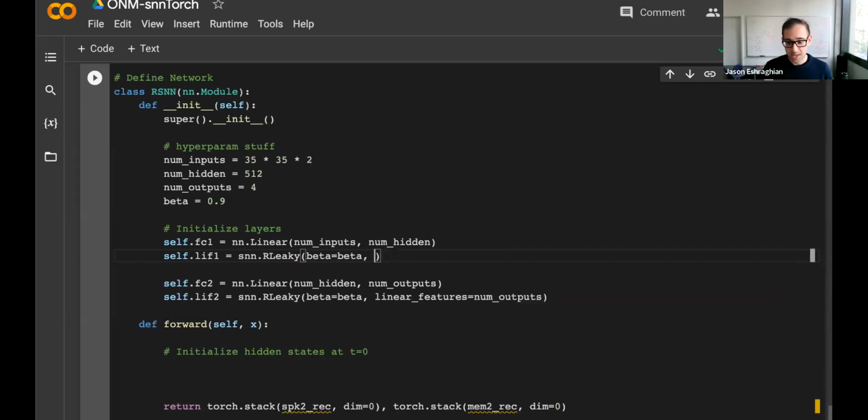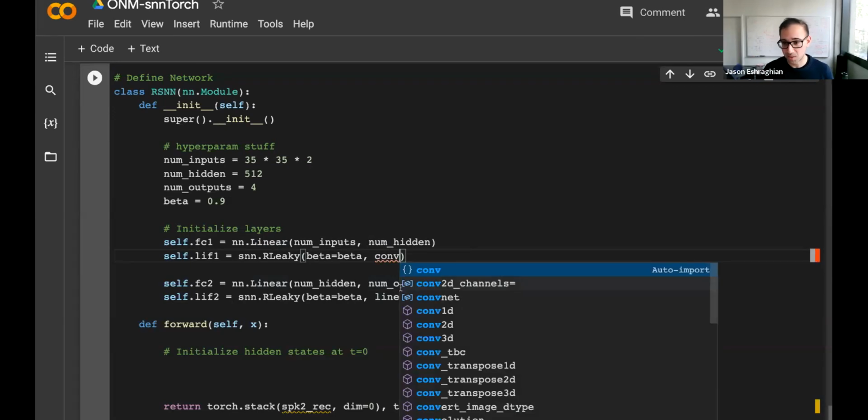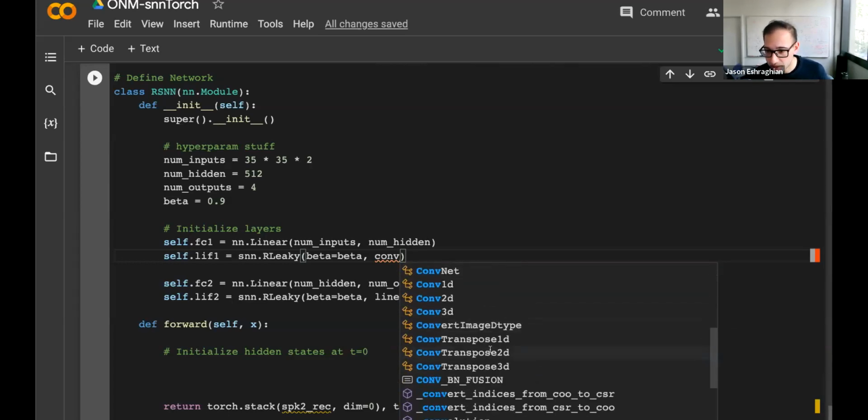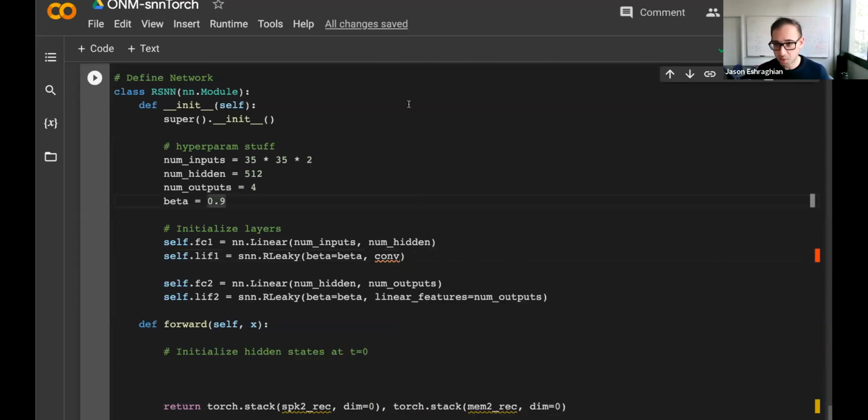As an aside, if my input data is not linear, if I instead am using a convolutional structure, so let's say this is nn.Conv2d, then instead of saying linear features, I would have to say conv features or conv2d. Actually, I don't remember, to be honest. Let's see, which one is it? Okay, I can go into the docs.